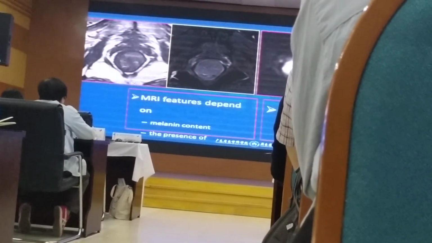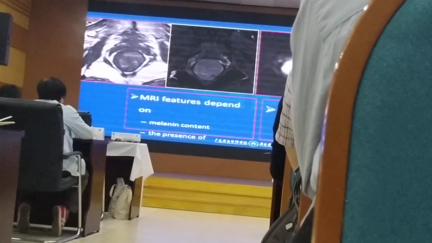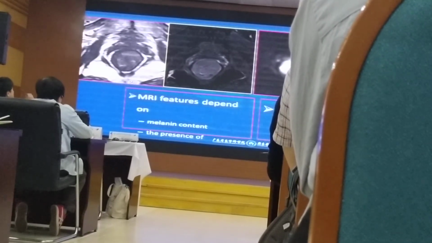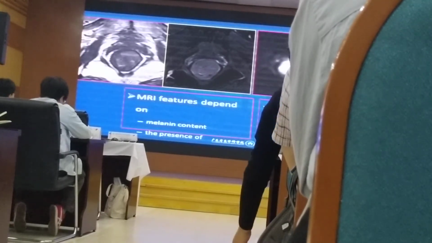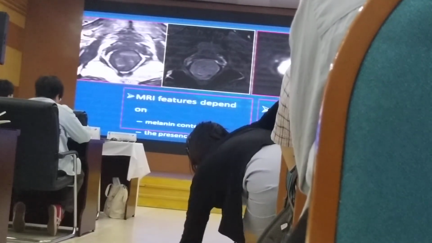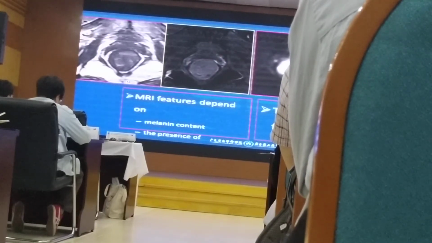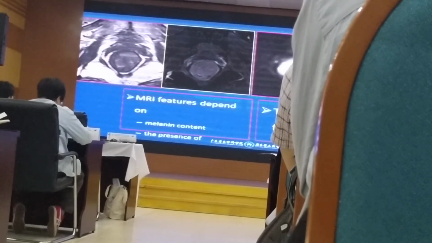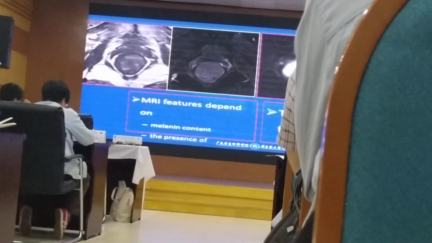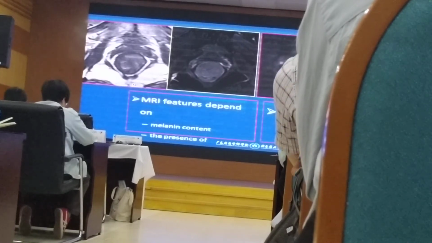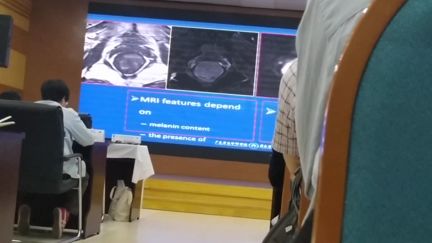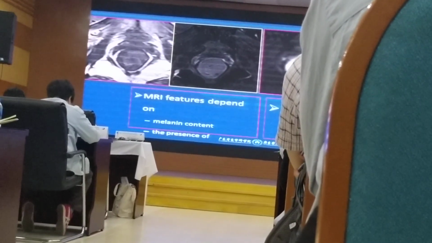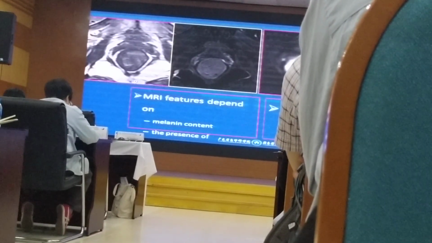The MRI features of anorectal melanoma depend on the melanin content and the presence or absence of hemorrhage. The typical MRI signal of melanoma shows hyperintensity on T1 weighted imaging and hypointensity on T2 weighted imaging. It is mainly due to the paramagnetic effect of the